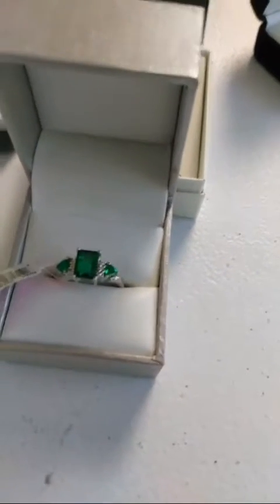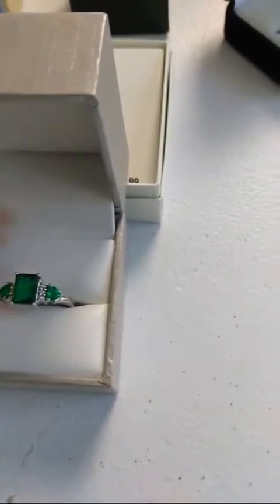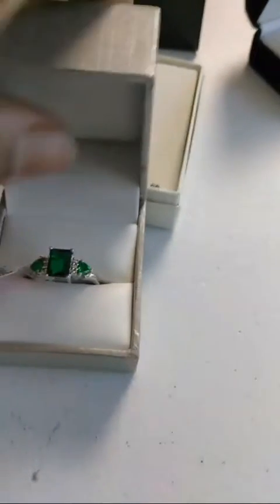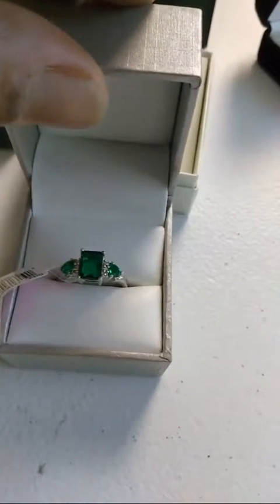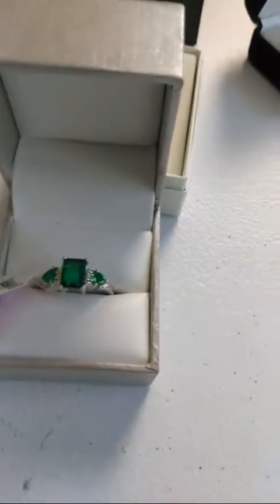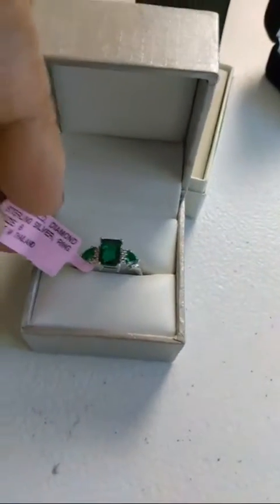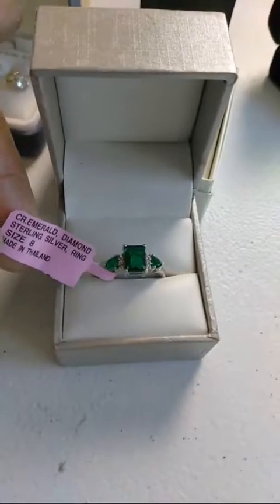These rings, I want to say these were popular in like the 90s. And even my mother had several rings like this. She never had the emerald because that wasn't her birthstone. But anyway, this looks very similar to a ring that we've had before, but this one is an emerald,